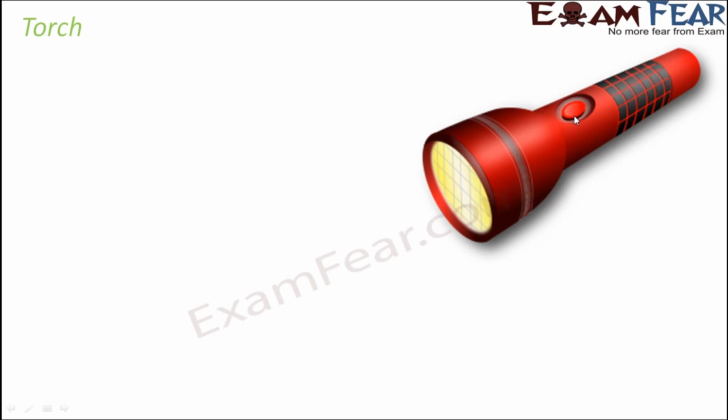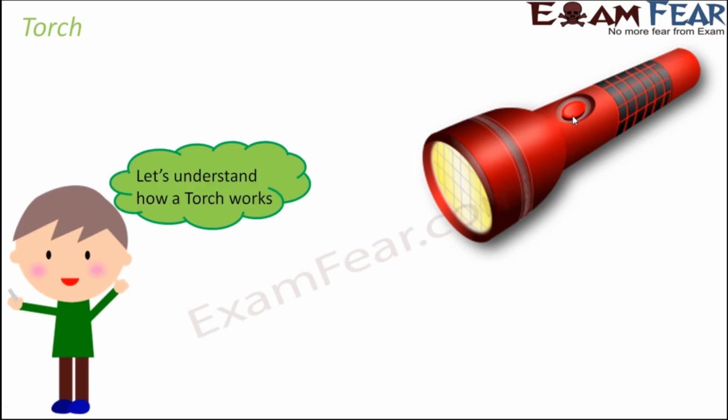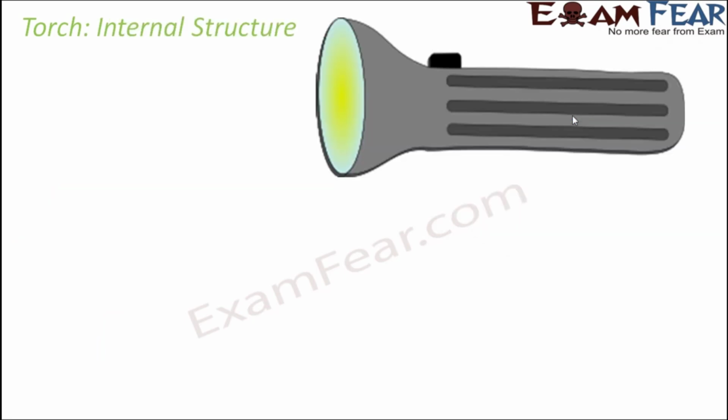So let us try to understand what is there inside this torch which makes it operate in this fashion. For better understanding, you can take a torch and try to open it, and you see that there are batteries present inside the torch. Inside the torch we also have a bulb which actually provides light. By now we already know what the conditions needed for a bulb to glow are, correct? So based on all that understanding, we will see in this case also how the torch operates.